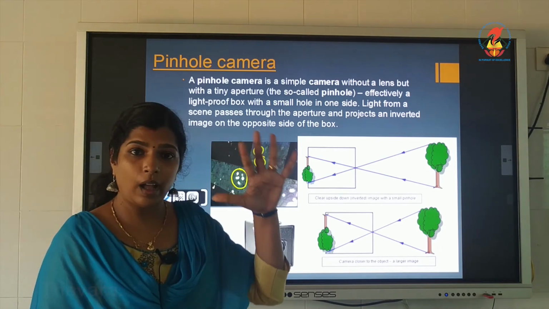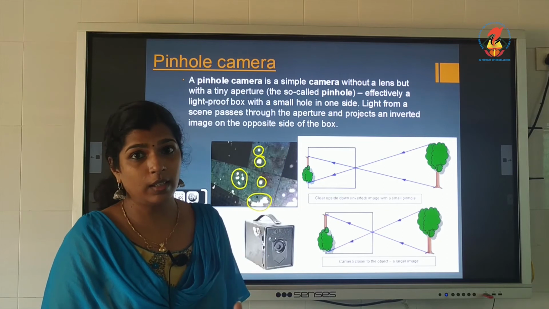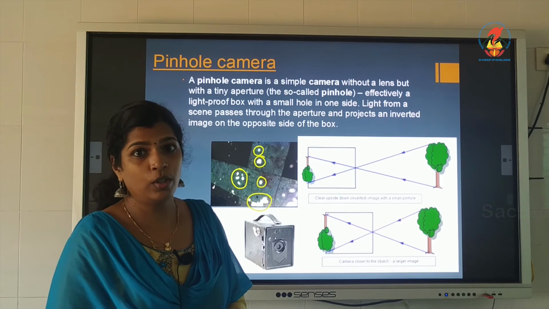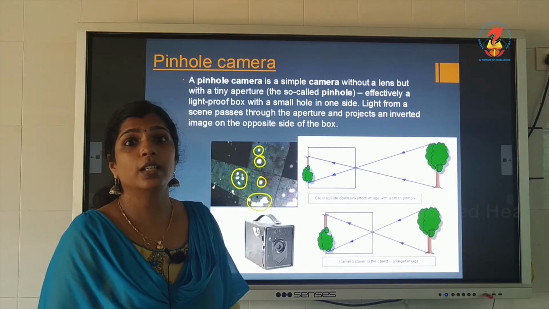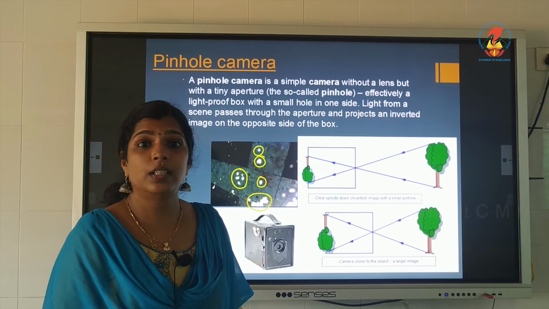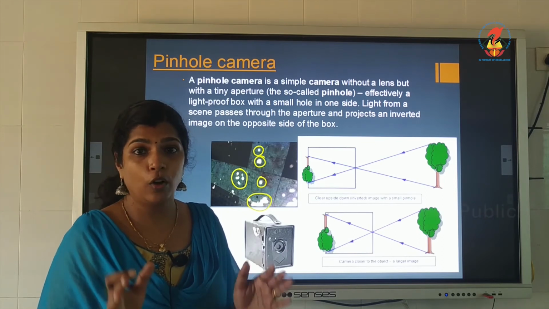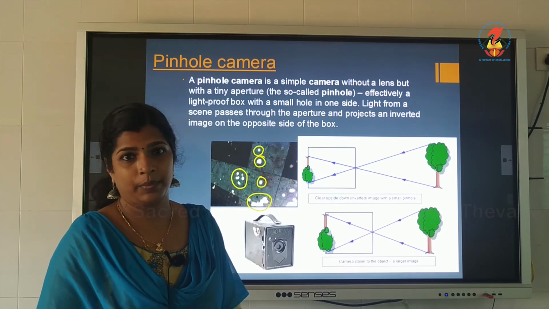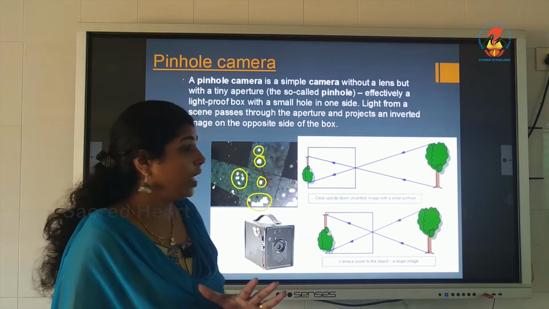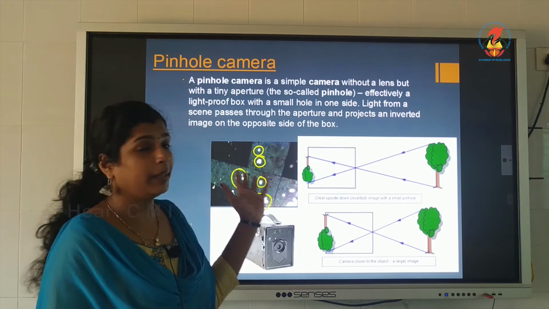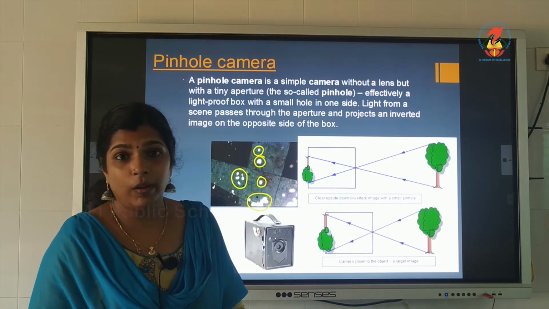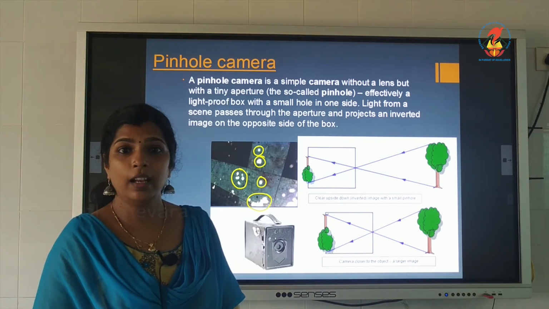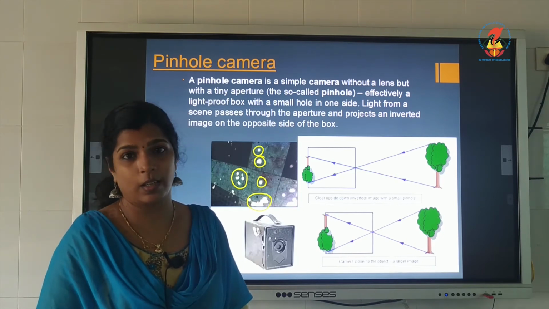Here light travels through the gap between the leaves, and under that tree on the ground you can see small circular bright patterns of the sun, or bright circular images of the sun. So that's how from nature we can see a pinhole camera. In nature, the leaves of the trees will act as a pinhole, the sun is the source of the light, and the ground will act as a screen.